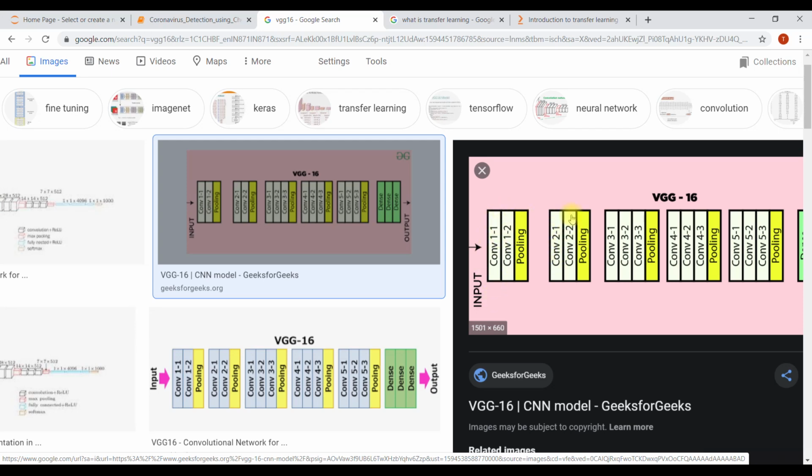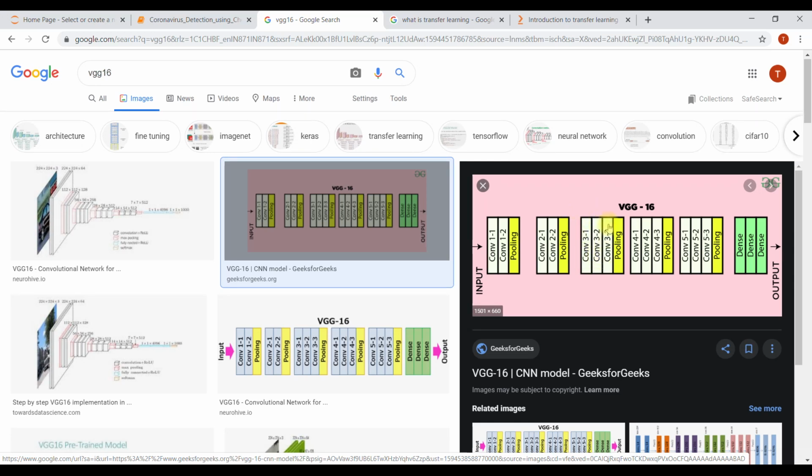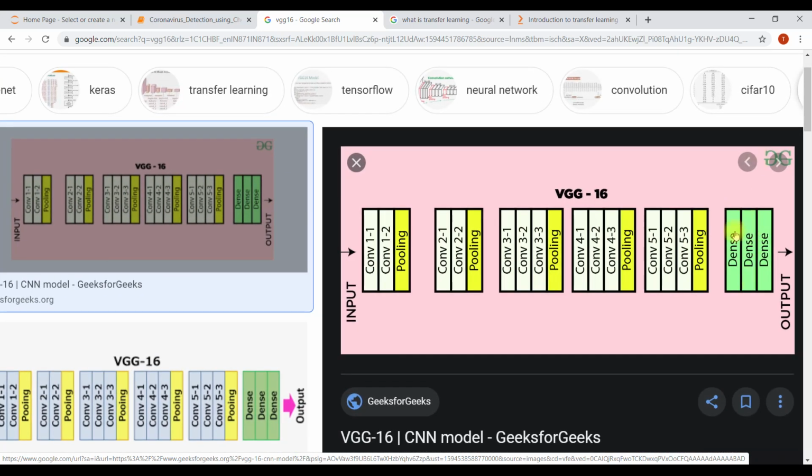Second block of Convo 2D. Then third block of Convo. Okay, this is having 3 layers. And this pooling. Okay, so 2, 4, 7, 10, 13, and then at last 3 dense layers. So total there are 16 layers, so this is why it is known as VGG16.